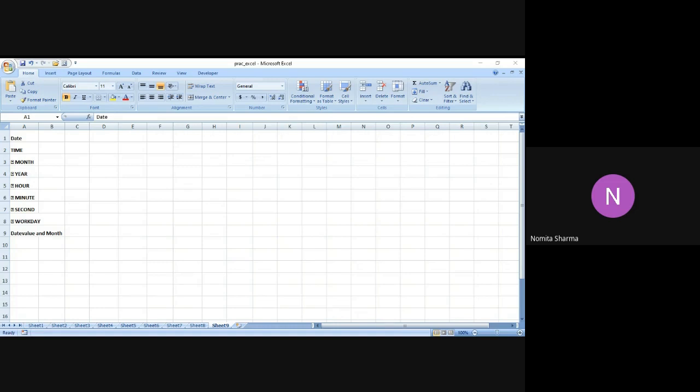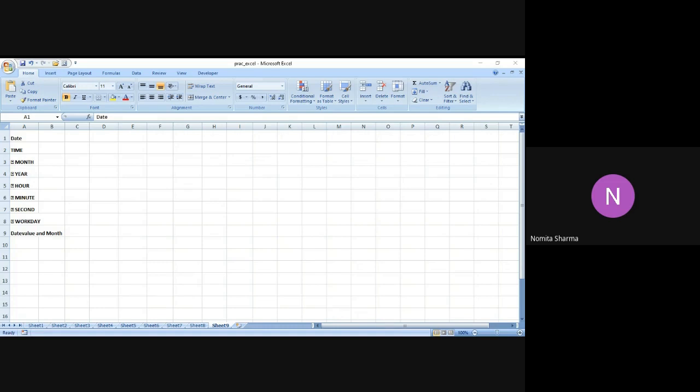In a similar manner, we have the month function as well. It will give you the serial, we have to give the serial number over here, the date of the month you are trying to find. So date should be entered by using the date function or as a result of other formula or function. Sometime we don't remember the serial number, so we can easily give the date in the double quote and it will give us the month of that particular date.